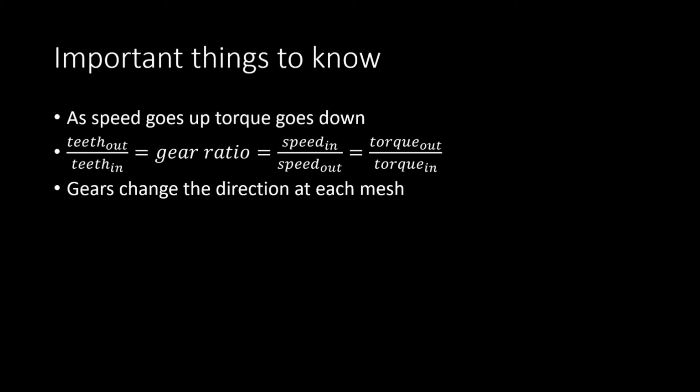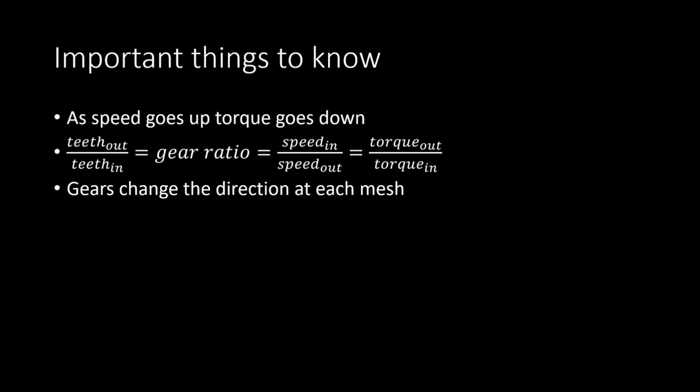As speed goes up, torque goes down. So the torque is, we'll go with turning power of an object. So something with a bigger wheel will have more torque than a smaller wheel. And in gears, speed and torque are inversely proportional, which means you're always going to be trying to strike a balance between speed and torque